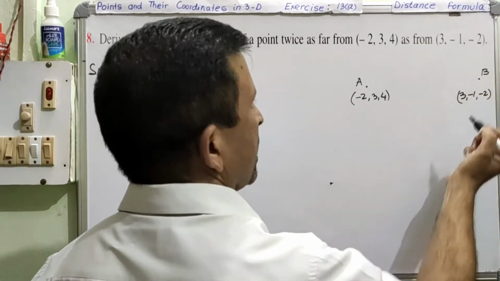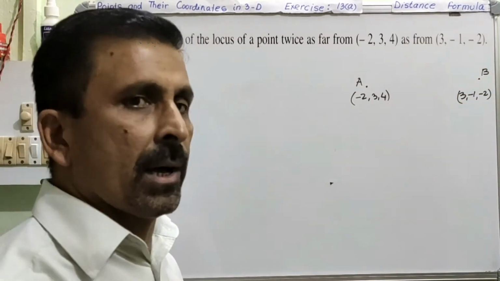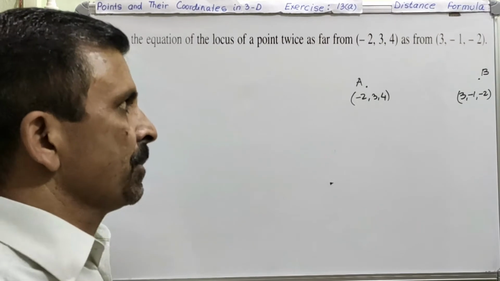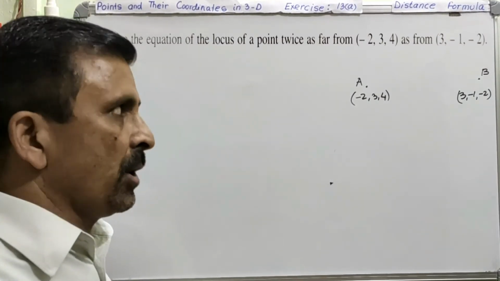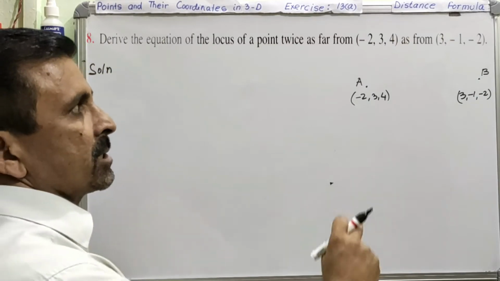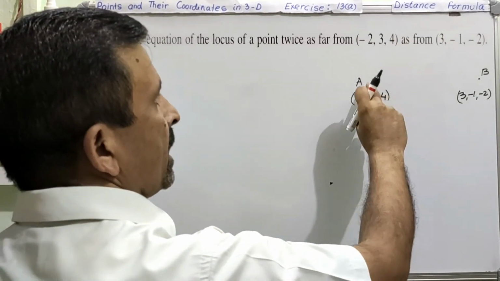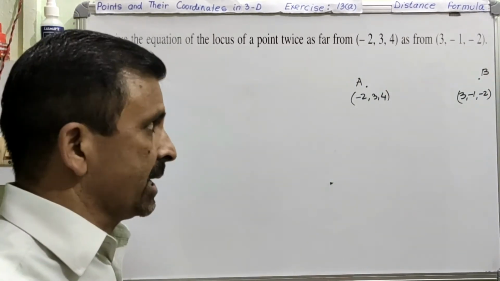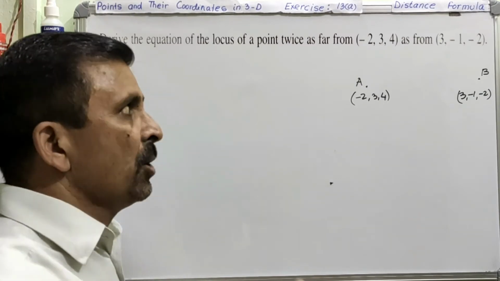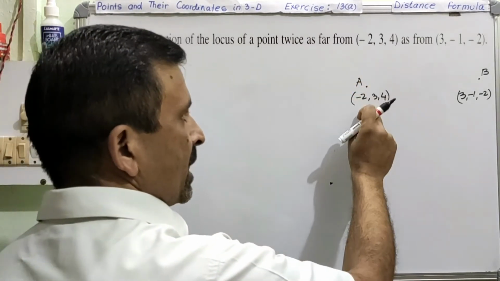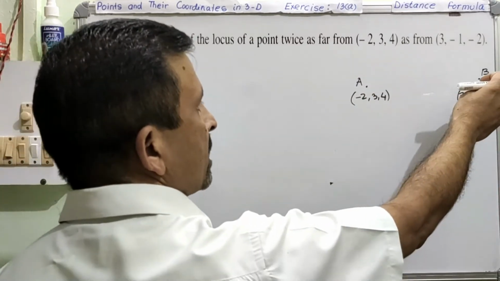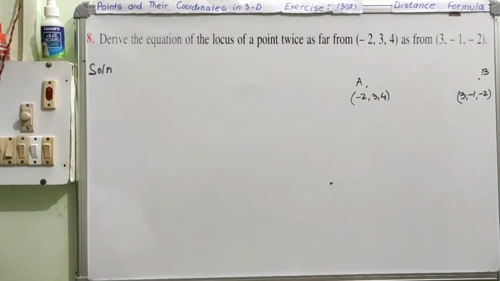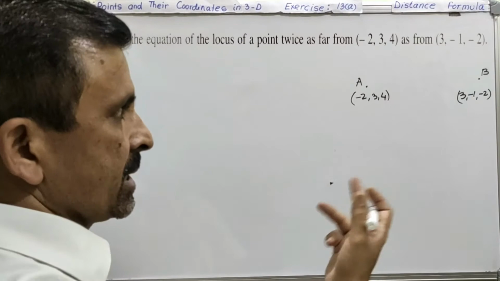Normally we do not see the name in the question, but we always name the point for our own convenience, right? So we have these 2 points, A and B, and according to the question, you have to find the locus of a point whose distance from A is 2 times more than the distance from B. I repeat, the condition is to find the locus of a point whose distance from A is 2 times the distance from the other point B. Am I very clear? So you have to find the locus of this point using the same distance formula because it is given in terms of distance.